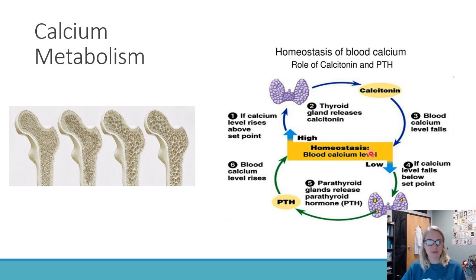So between calcitonin from the thyroid gland and parathyroid hormone from the parathyroid glands, we have to maintain a normal, healthy blood calcium level. This diagram over here is kind of cool because it shows the bone, but also just kind of related to this, if we have a reduced amount of calcium intake, dietary intake, so if you're not taking in calcium, your body's going to keep releasing that PTH. And where's the PTH going to go to try to get more calcium to maintain our homeostasis? It's going to target your bone. So if you have normal, healthy dietary intake of calcium, your bones are going to be over here on the left. They're going to be healthy, they're going to be strong, and they're going to be dense, and they will last you for your whole life.